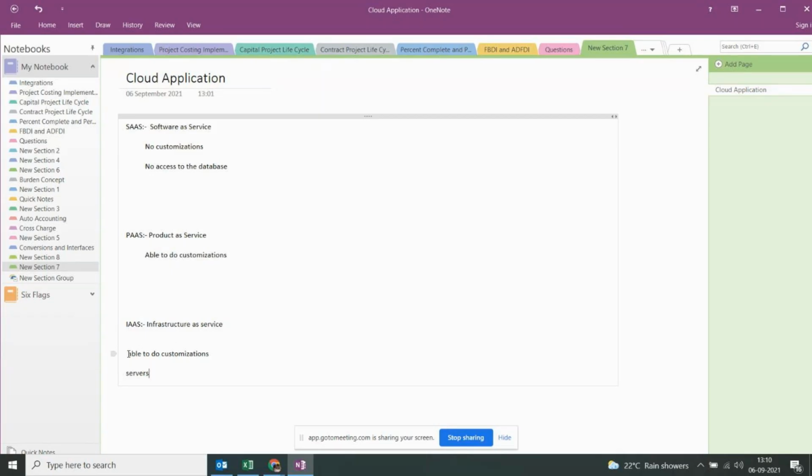So everything is maintained by the company itself. So here Oracle is not doing anything, right? We are able to do customizations, and we have all the servers and everything within the company premises. So this is about infrastructure as a service.